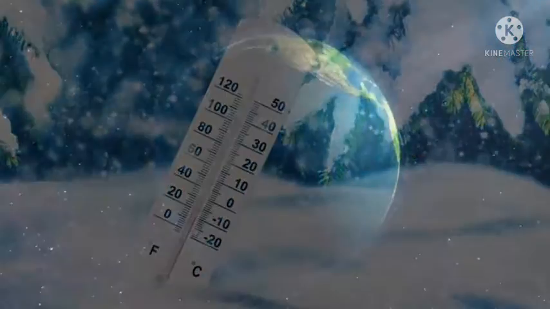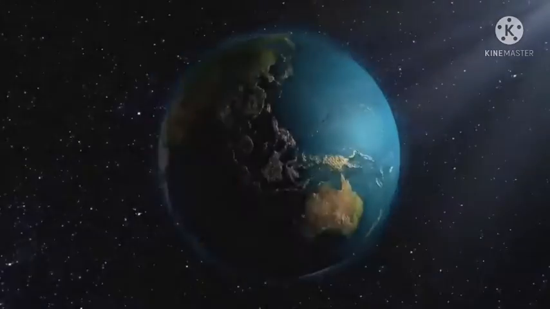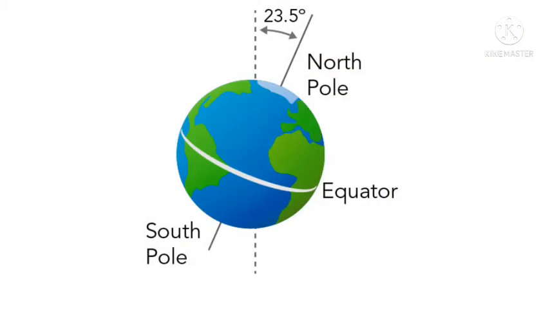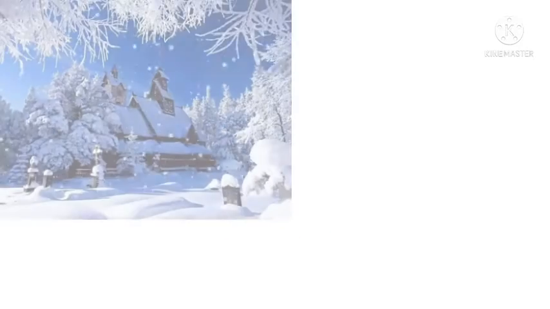That takes us back to the Earth's movement. Do you remember the Earth's tilt? Yes, the same Earth's tilt that causes the hot summer weather also causes the freezing weather during winter. But the thing is that during summer, the Earth tilts towards the sun, but in winter, it tilts away from the sun, and as a result, we receive less sunlight, and this makes the temperature so cold that it brings